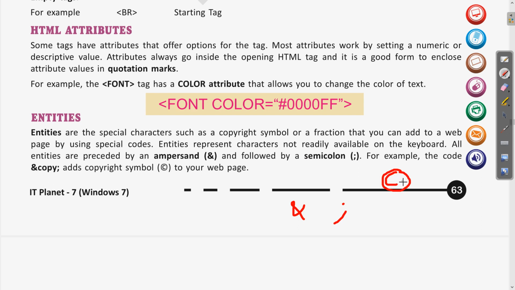So for writing this type of entity, we write that entity name. For that we have the name copy, clear? So this entity name will be written in between the ampersand sign and semicolon. This will bring the copyright symbol in the HTML web page which we are designing. Next we have seen